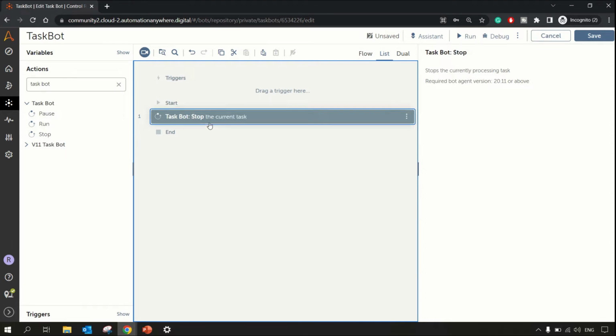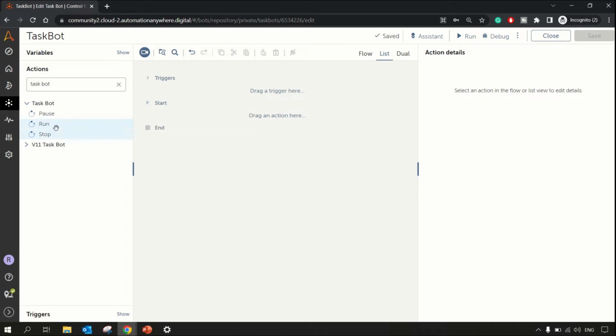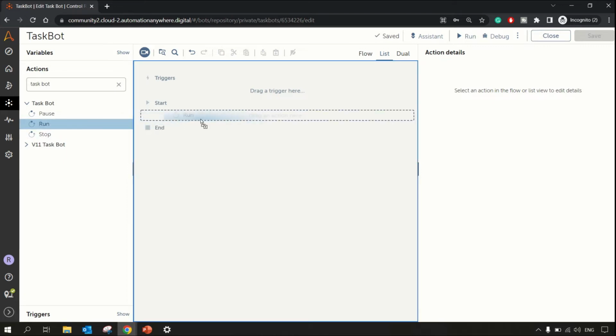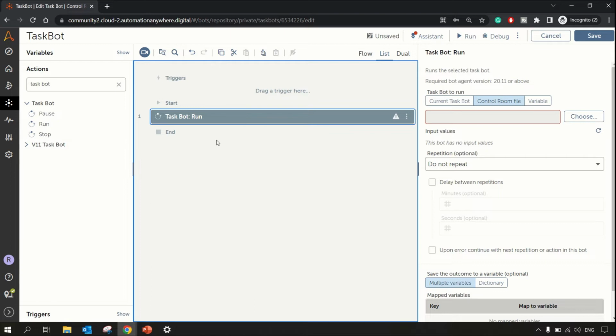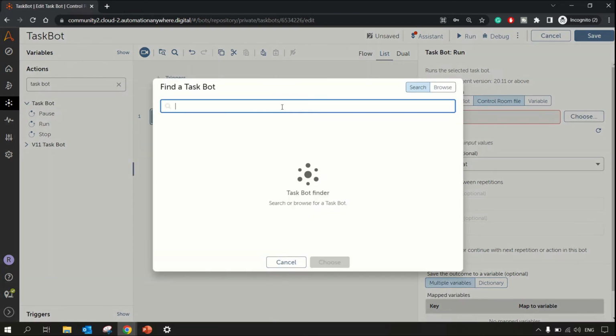And now we will be looking at run action. So let me drag this. So in taskbot run action, you have these many options wherein you can use this action on the current taskbot, and also you can select a taskbot from control room or using variable. So from control room, if we wish to run any of the task, which is a common module, let's say, so we can do that